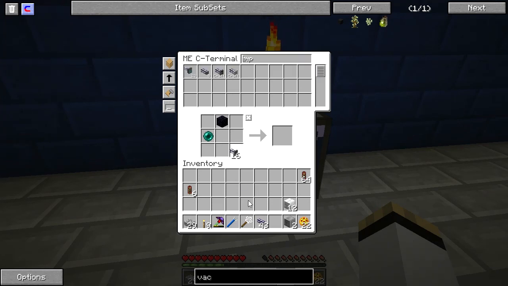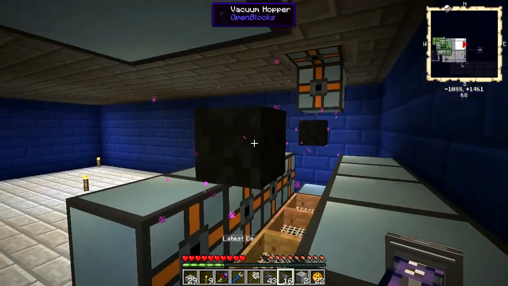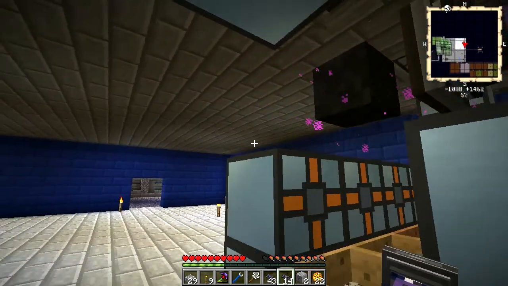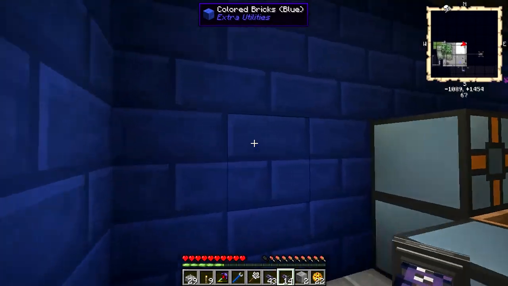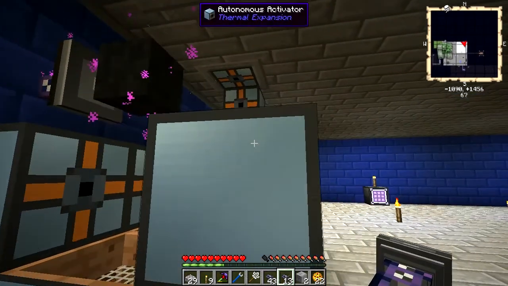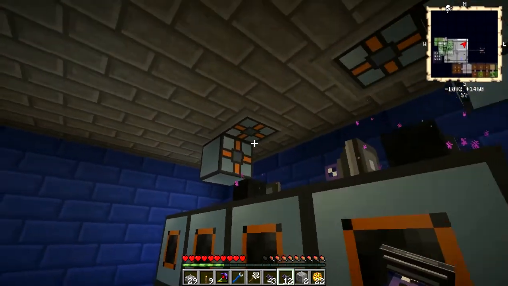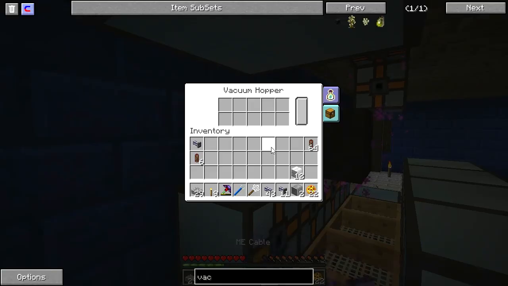Now, I'm going to go with precision import buses attached to these vacuum hoppers. Nope, not on that side, though. On this side. Because I would like to set these to stack mode just to make sure that anything that gets imported into this gets sucked out as quickly as possible. And given that sometimes these have been known to overwhelm, especially given how much I'm doing with them, I'm going to repeat that on these sides. And that basically guarantees that